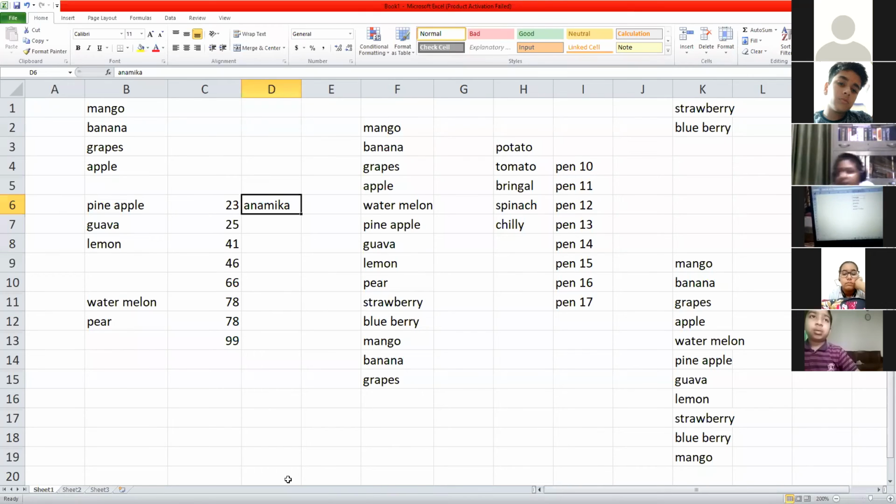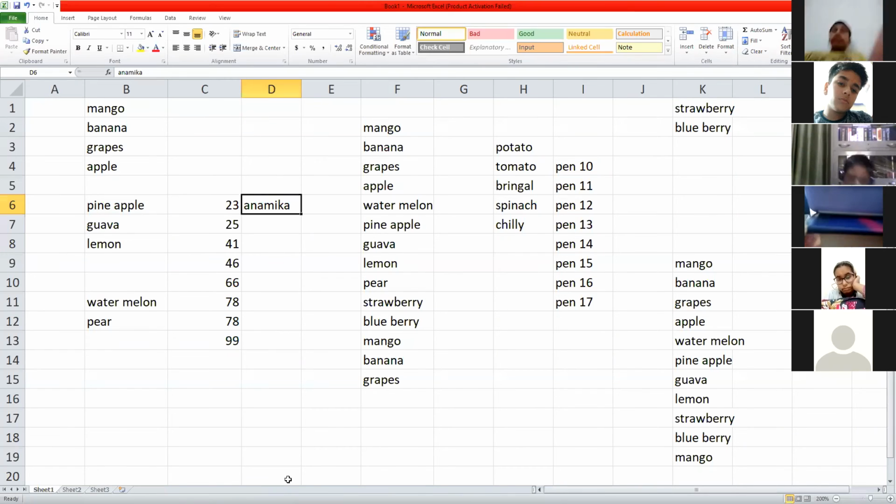You have selected mango, press Shift and then press the down arrow key. Leave the mouse button. If you are not able to select that way, click the first item, then press the Shift key, and now it is done and you can do the rest of the things. Understood? Yes, ma'am. Thank you.